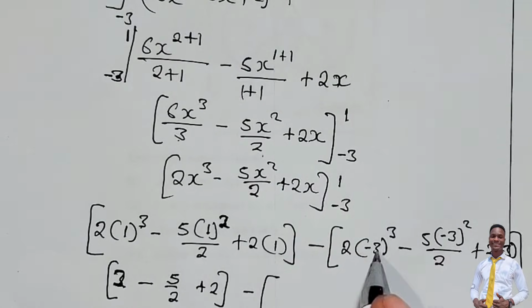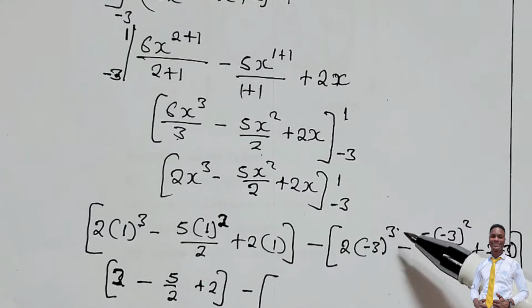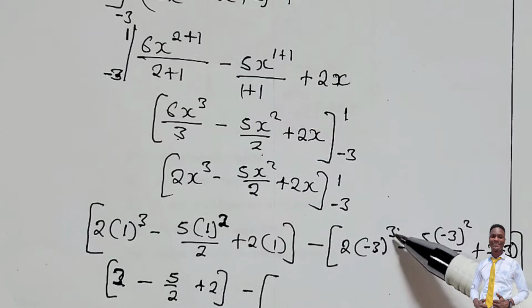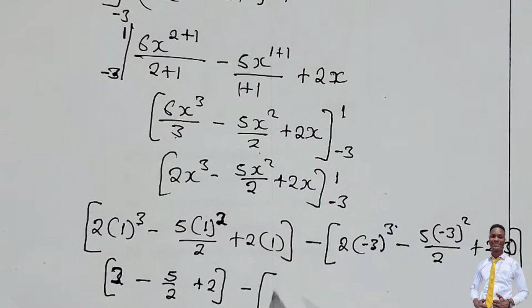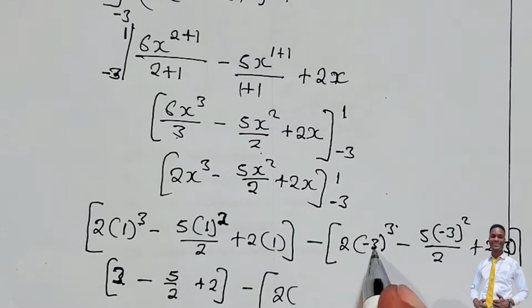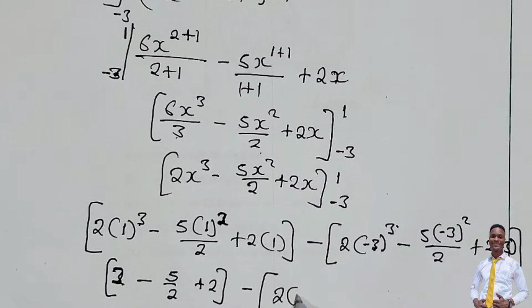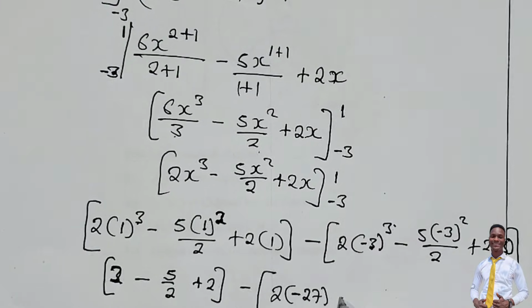Negative 3 to the power 3. Check. This is an odd number. If this was an even number, the answer would have been positive. Since this one is an odd number, the answer will be what? Negative. So we have 2 multiplied by negative 3 to the power 3, which is 27. So it will be negative 27 like this, minus